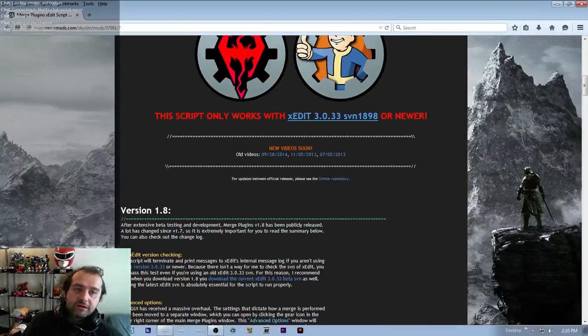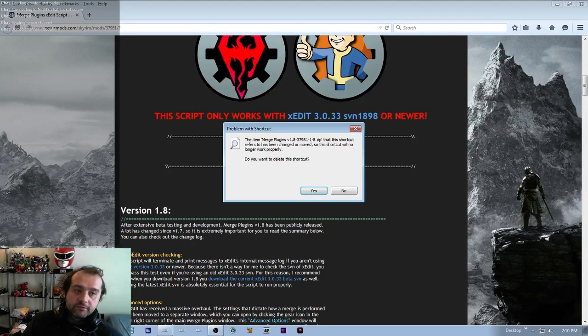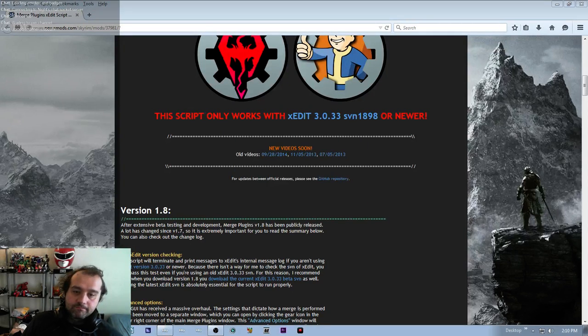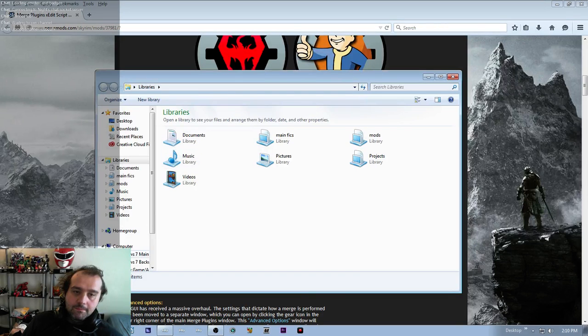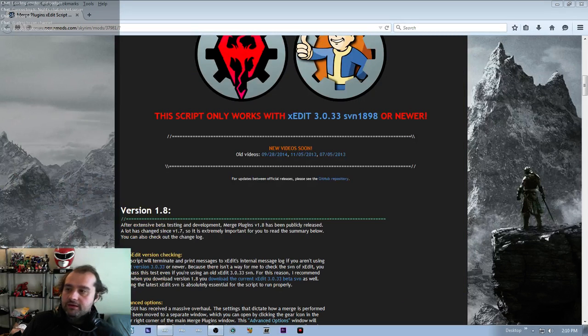And of course you're going to need the newest version of Xedit, which again you can get just the link here. So once you've downloaded Xedit and the newest version of the plugin, you're going to want to create a new folder for it. For me, I put that folder,